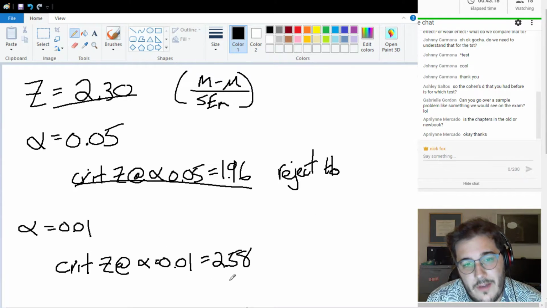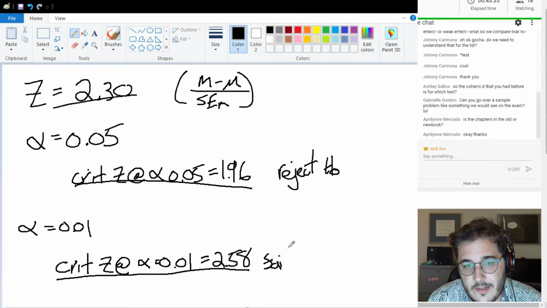So now, if you look at our z value that we calculated, 2.3, it is no longer more extreme than our critical value. Our critical value is actually more extreme than z, which means here we fail to reject